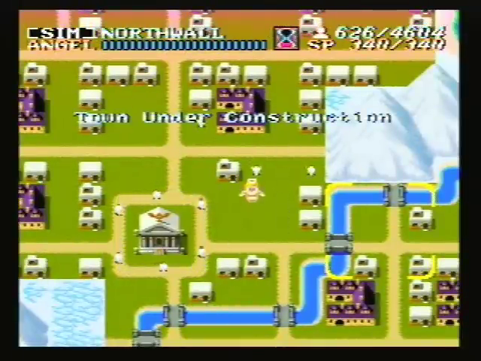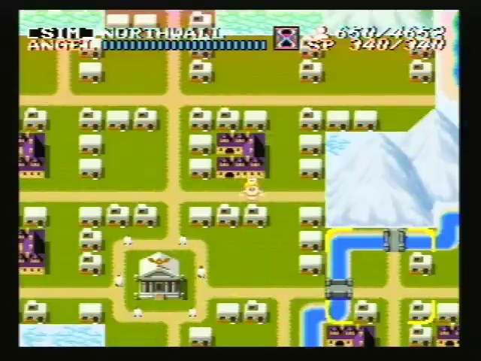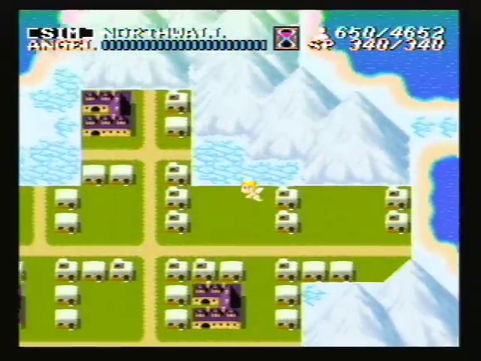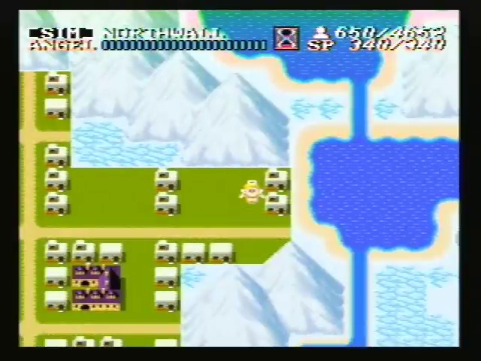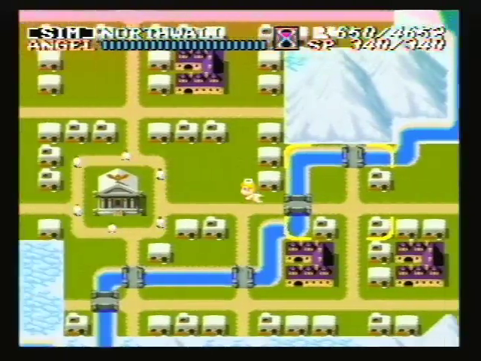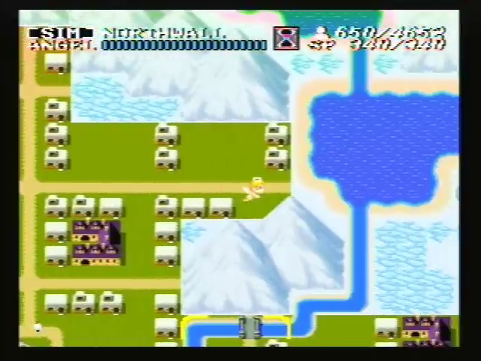And once more, we're going to fast forward to when they stop building, which isn't going to be terribly long from now. Alright, so they've stopped building now. And the maximum population here in Northwall is the 650 we've got now. And we also got the maximum total population, yay us, of 4652. So I suppose all that remains is going to kick Tanzra in the pants,